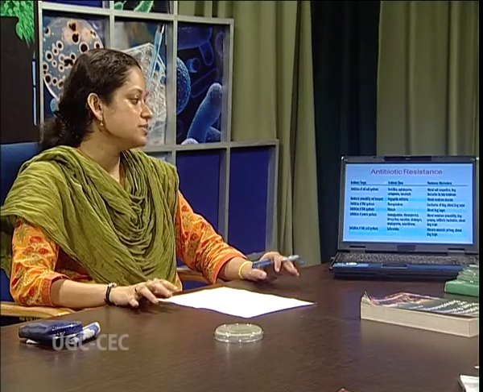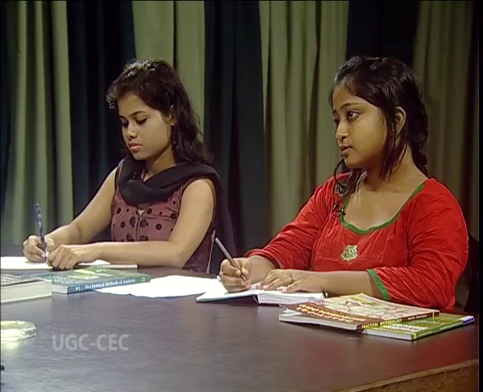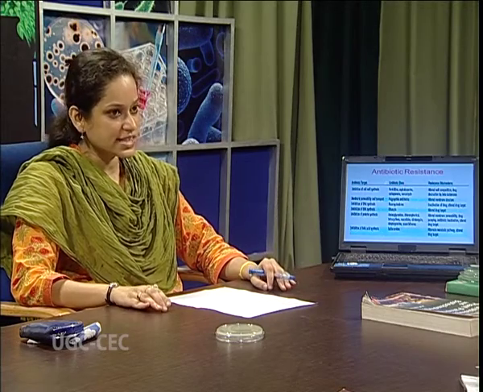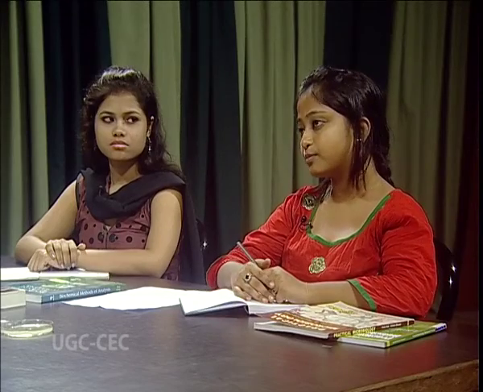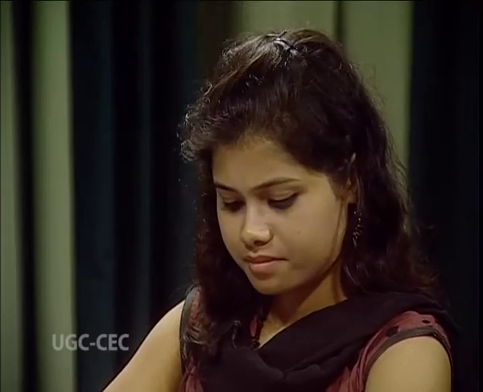Then we have the cell membrane antibiotics. Bacteria can develop resistance against them by altered membrane structure. Then the antibiotics which attack the cell membrane will not be able to degrade the cell membrane. Ma'am, how do bacteria get resistant to polymyxins? Now the polymyxins attack the cell membrane of bacteria. Bacteria can develop resistance against polymyxins by altered membrane structure. If the chemical composition of the membrane is altered, then polymyxins won't be able to bind with